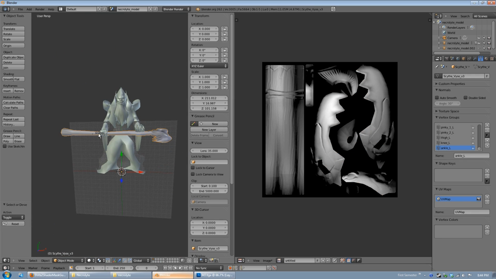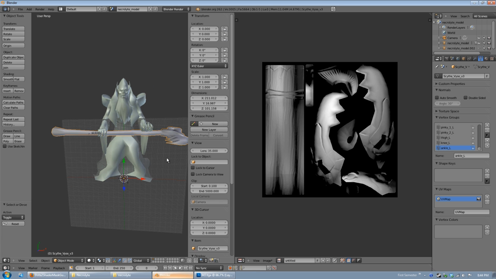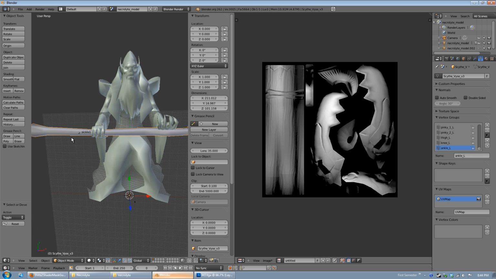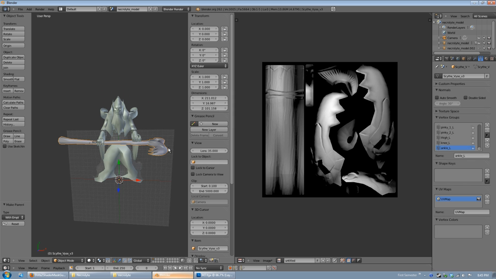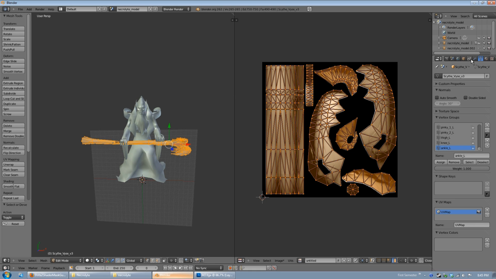Then we want to parent this model to the bone, so go ahead and select the model first, then the bone. So by selecting the model, then shift-clicking the bone, and hit Control P, and then hit with empty groups. From here, select the model, go into edit mode, select everything by hitting A, and then going into the object